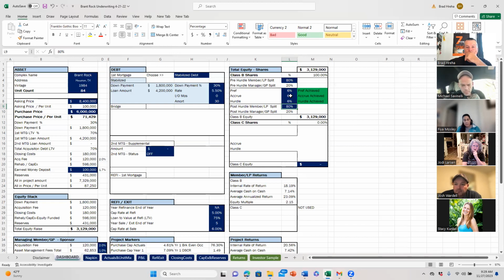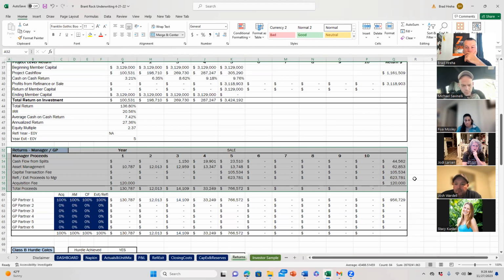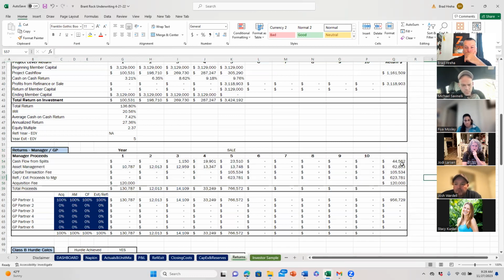actually, hurdle should be these should be like 15, I believe. Yeah, okay, that's right. See, these ones went down. So you lose cash flow each year, because basically what happens is if you have a pref and